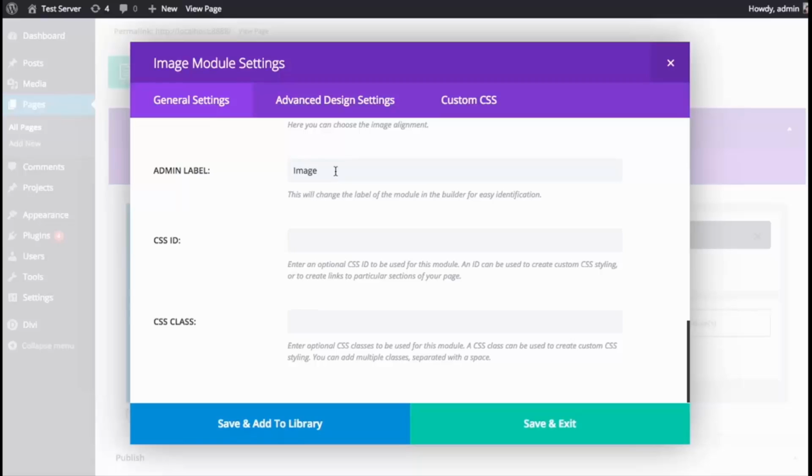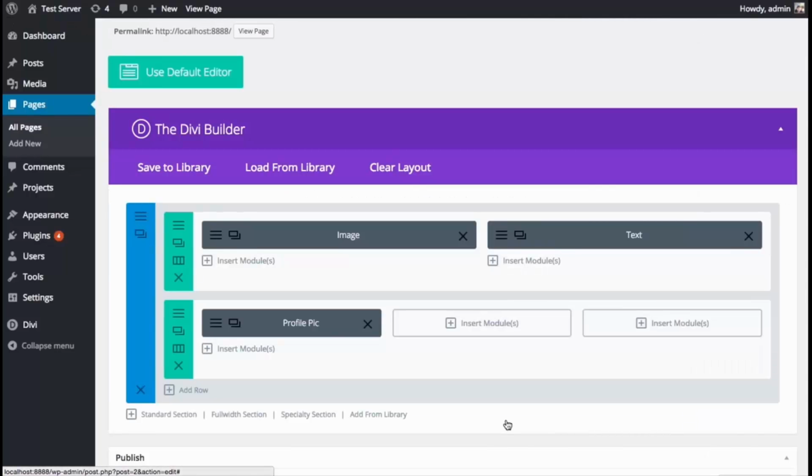And this is what appears within the builder when you're looking at the module. So right now it just says image, but if you have a pretty big page going and you want to remember what each of these modules are more easily, you can input a title here. So I'll just say profile pic and save. And as you can see, my profile pic image module has been added to the first column